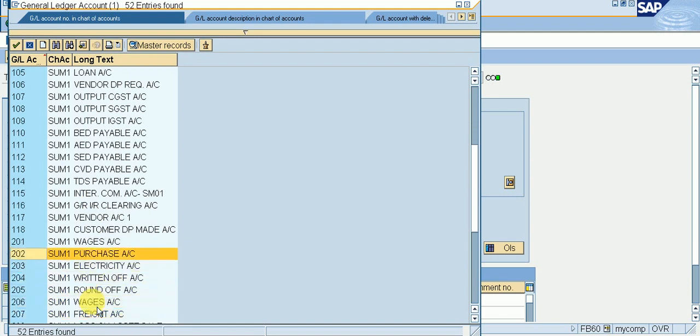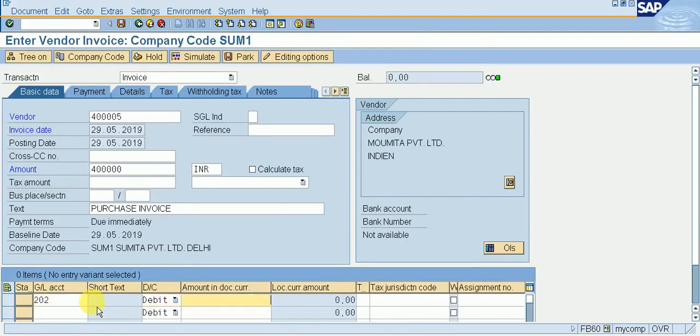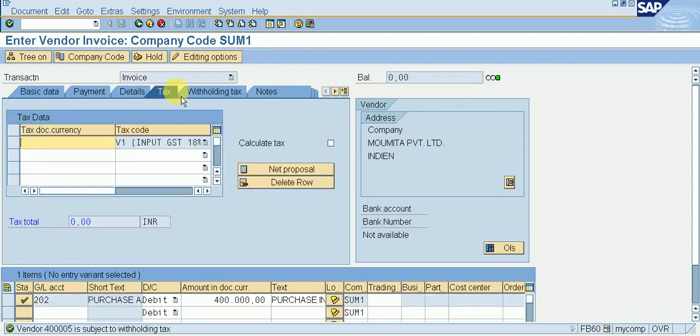So here is my purchase account, giving copy my amount. E1 is my tax code, tax plus, going to tax.